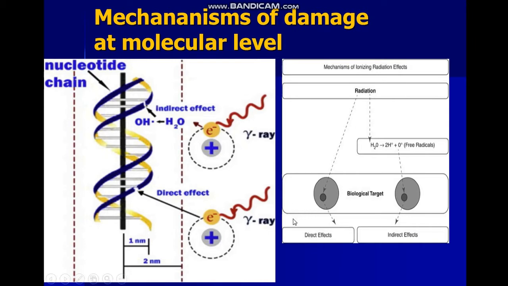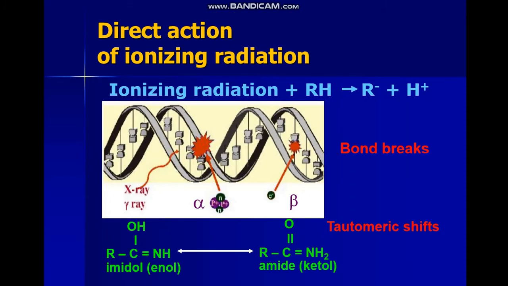The first way is direct effects. The second way is indirect effects. The first way is direct action of ionizing radiation, as you can see here. In this way, radiation may impact the DNA directly, causing ionization of the atoms in the DNA molecule. This can be visualized as a direct hit by the radiation on the DNA, and thus is a fairly uncommon